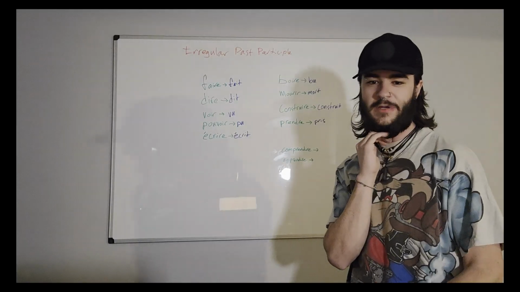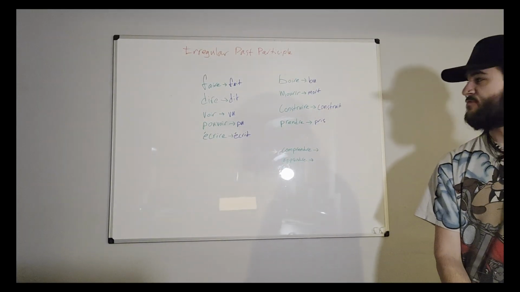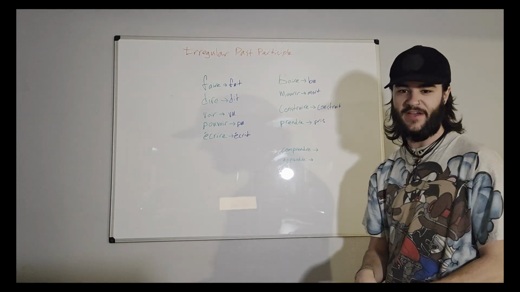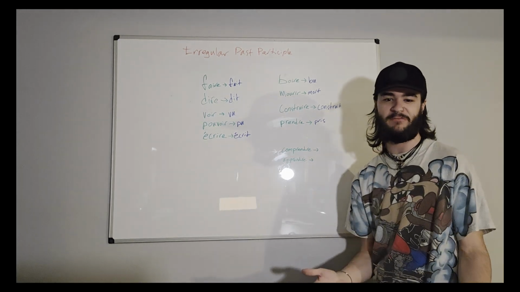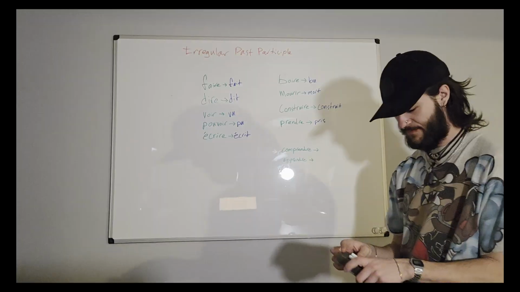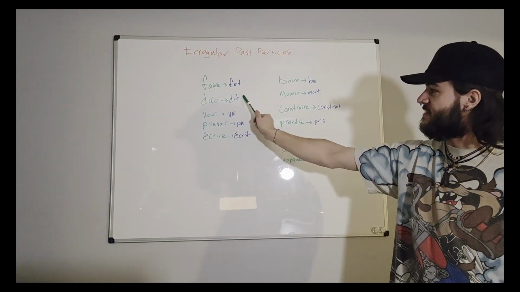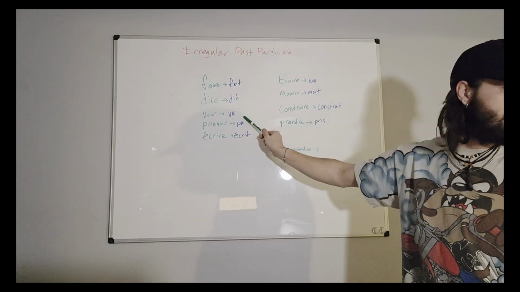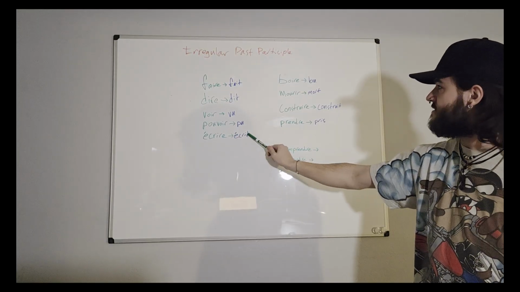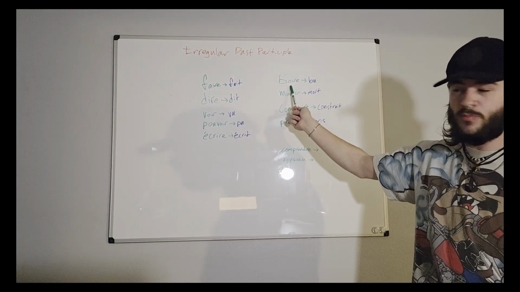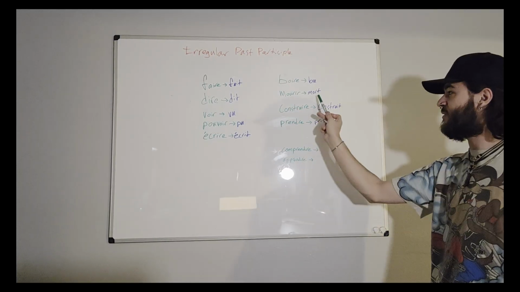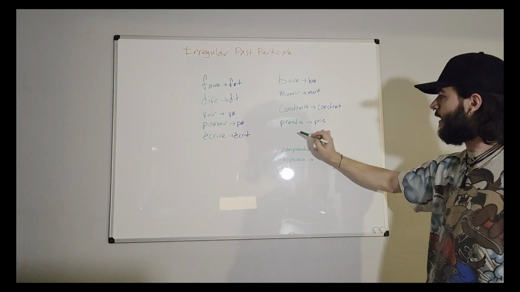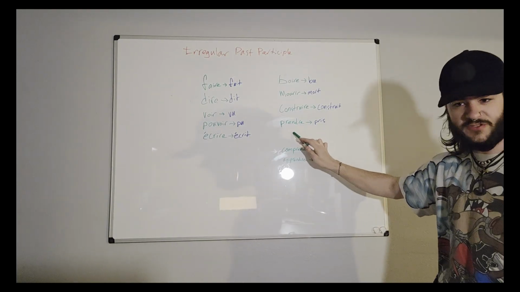One of the hardest things about le passé composé is remembering all of the irregular past participles. So to help you out, I made this list of some of the most common irregular verbs you might want to use in conversation. You got faire becomes fait, dire becomes dit, voir becomes vu, pouvoir becomes pu, écrire becomes écrit, boire becomes bu, mettre becomes mis, construire becomes construit, and finally from my list we've got prendre, which becomes